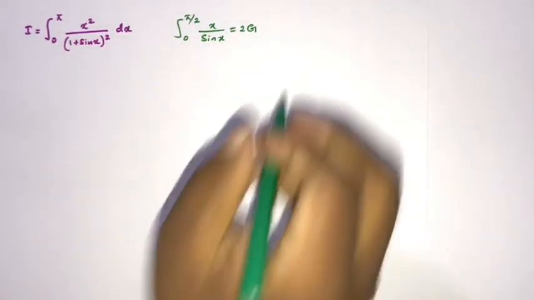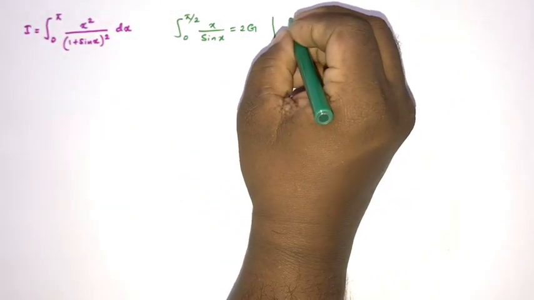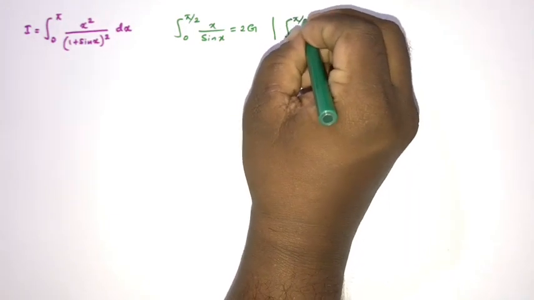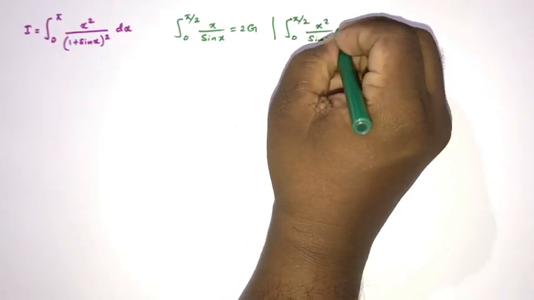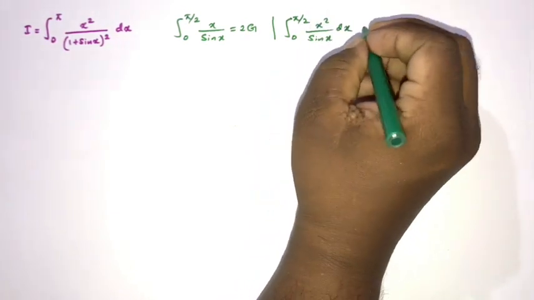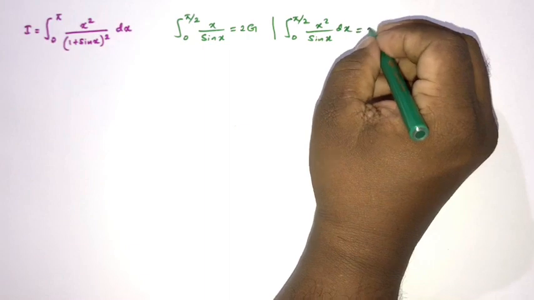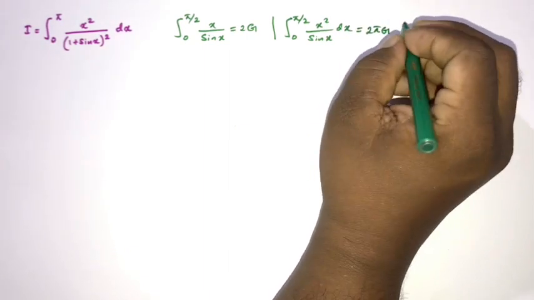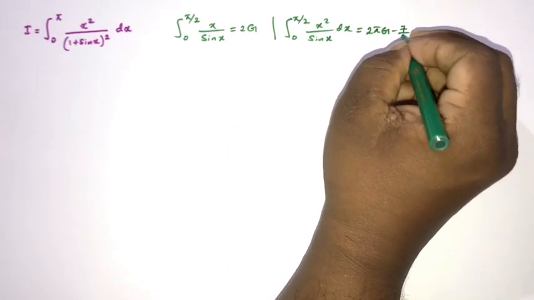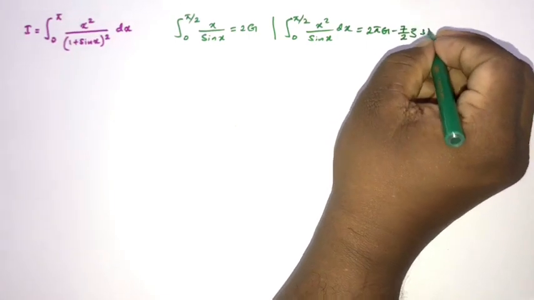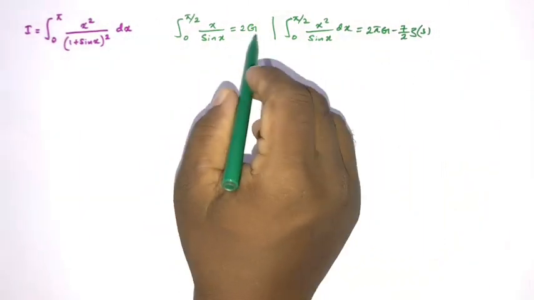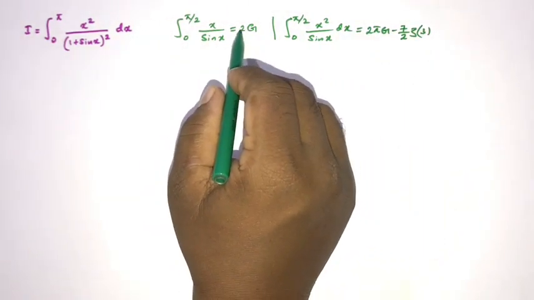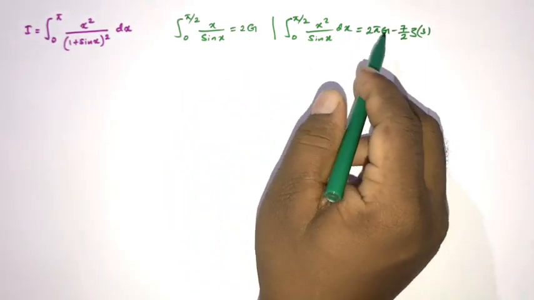Also we evaluated the integral from 0 to pi over 2 of x square over sine of x dx, and we proved this is equal to 2 pi G minus 7 over 2 zeta of 3. So in these two integrals we know the answer is with 2 times G, here 2 pi G, so the answer is with